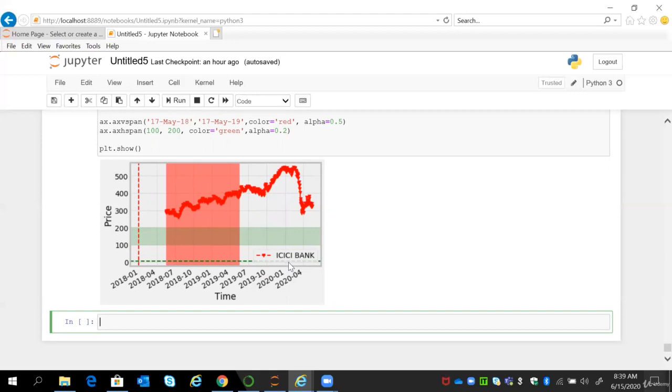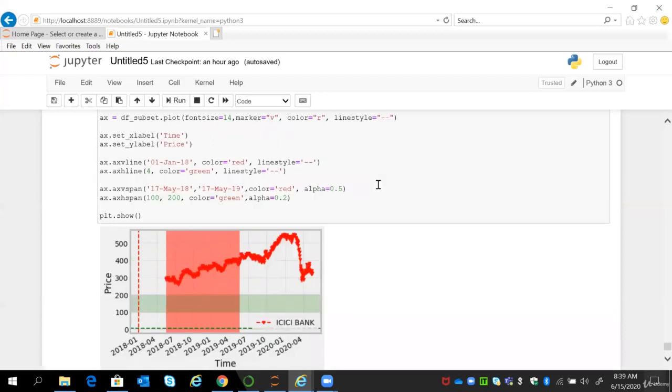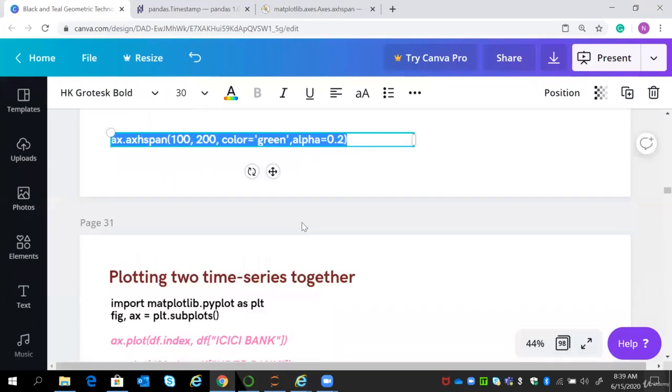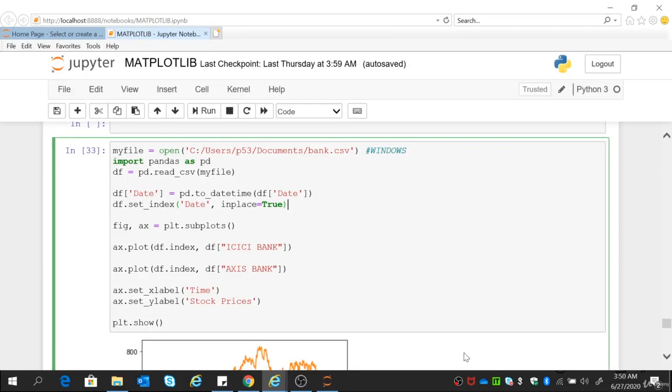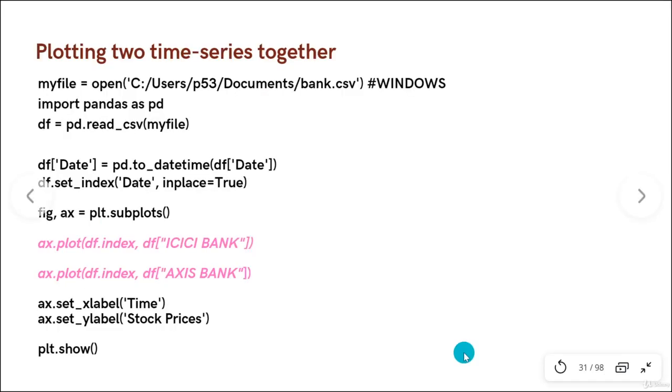That's the power of this Matplotlib library, which can extensively be used. Okay. So this is how the arguments can be placed. Then we will be continuing with the